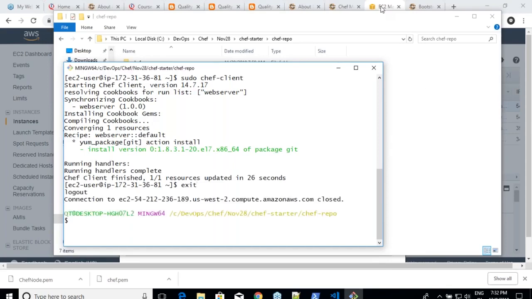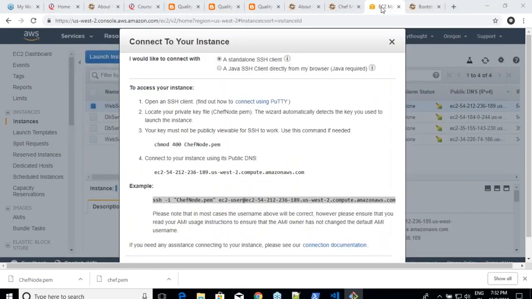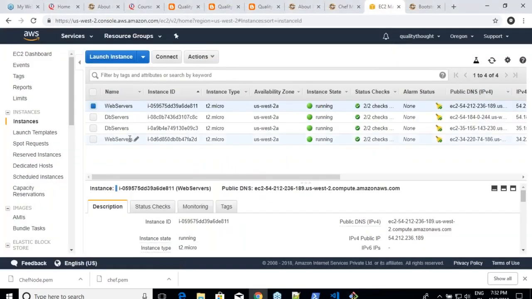So what is my second Red Hat machine over here? Another web server. Click on connect.